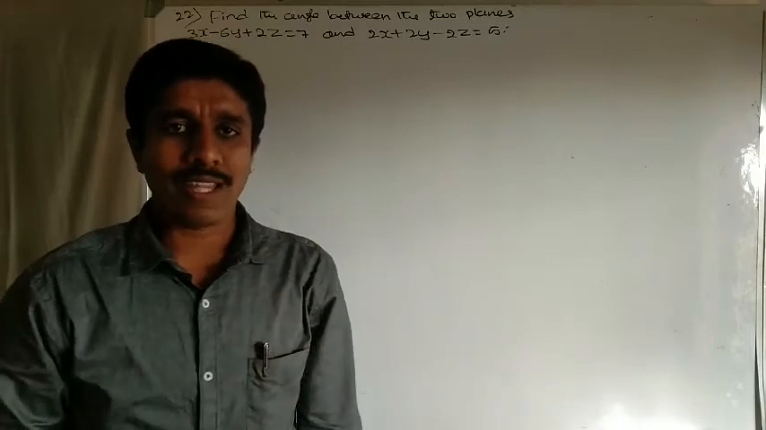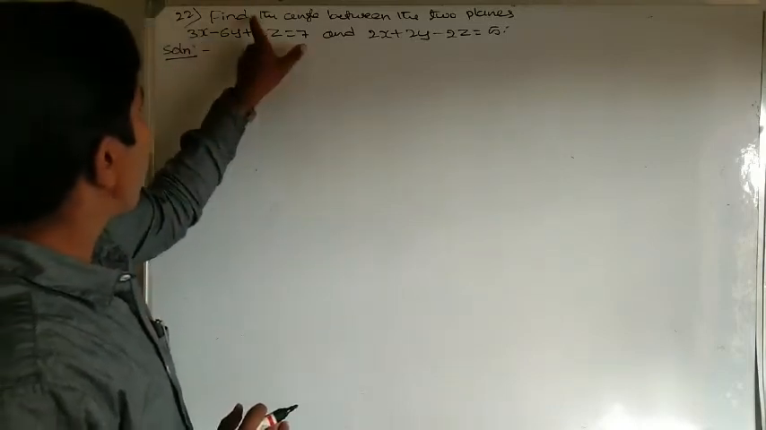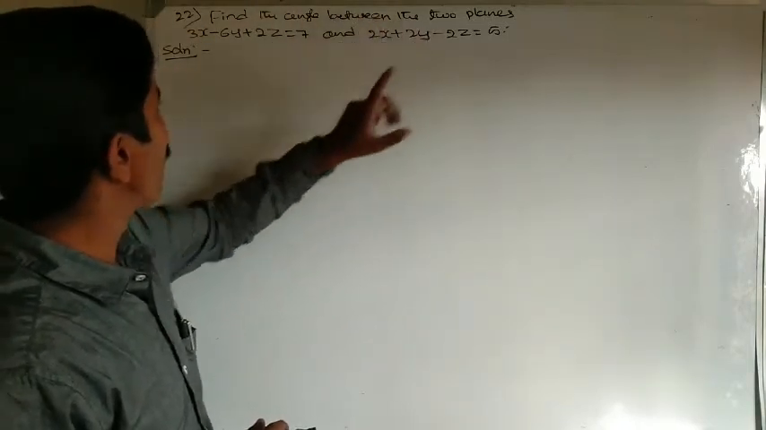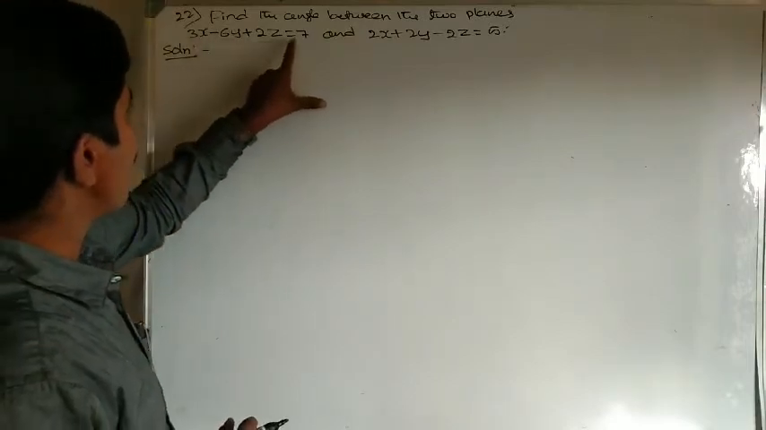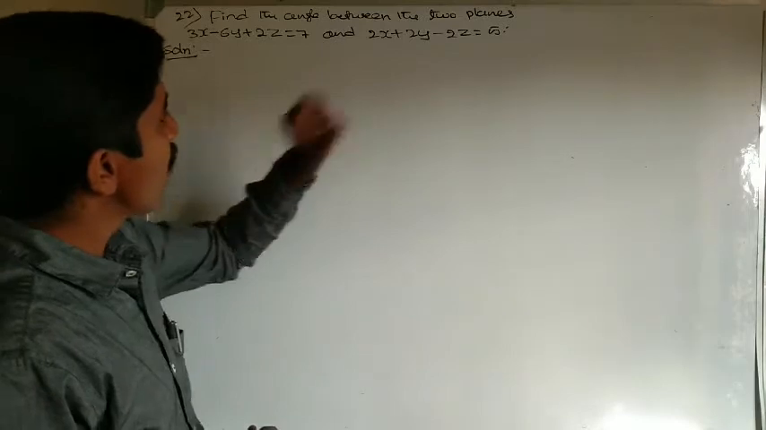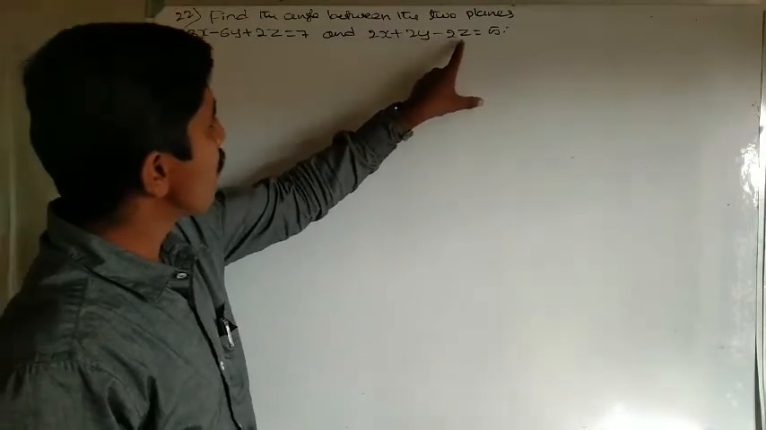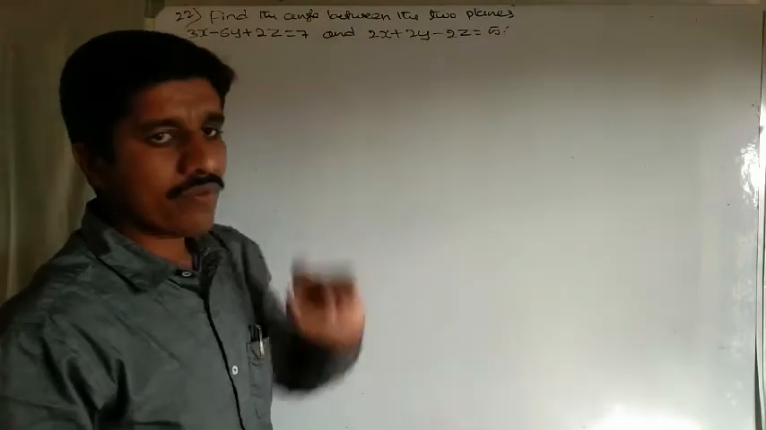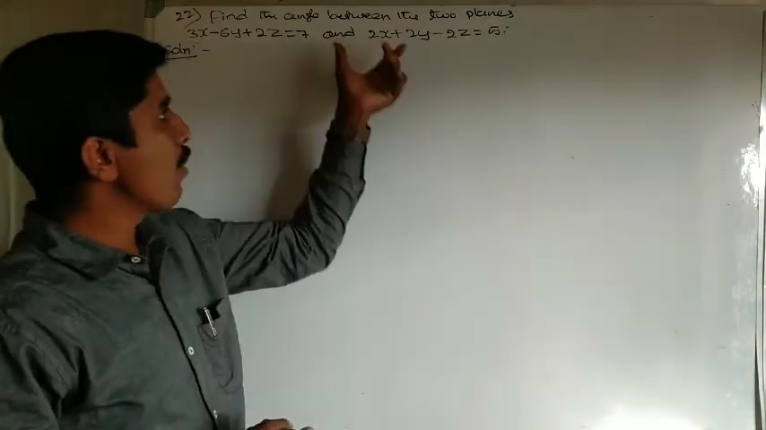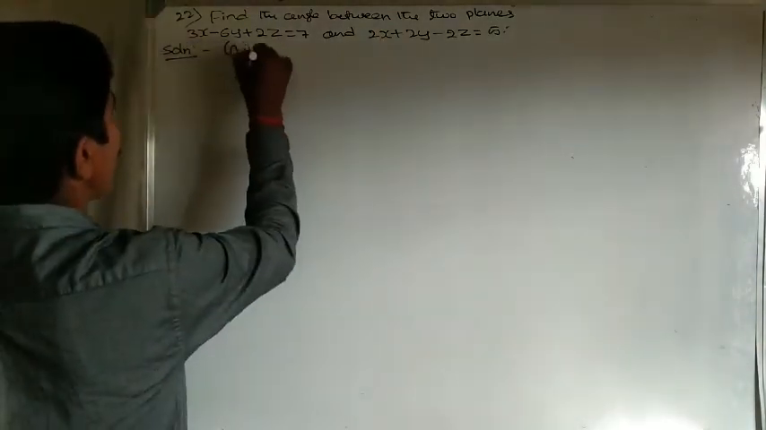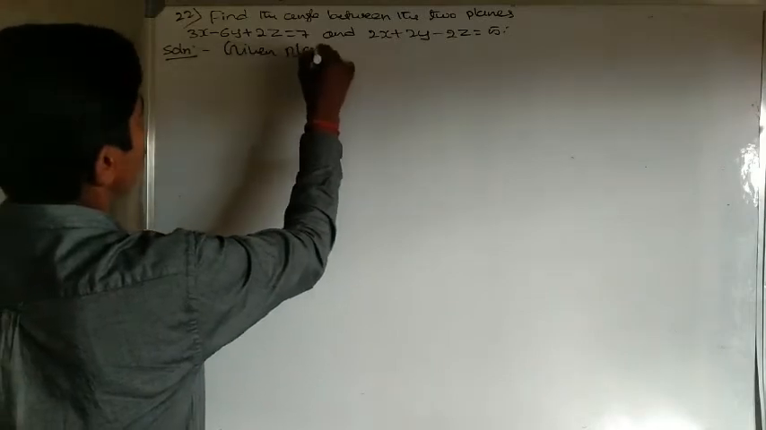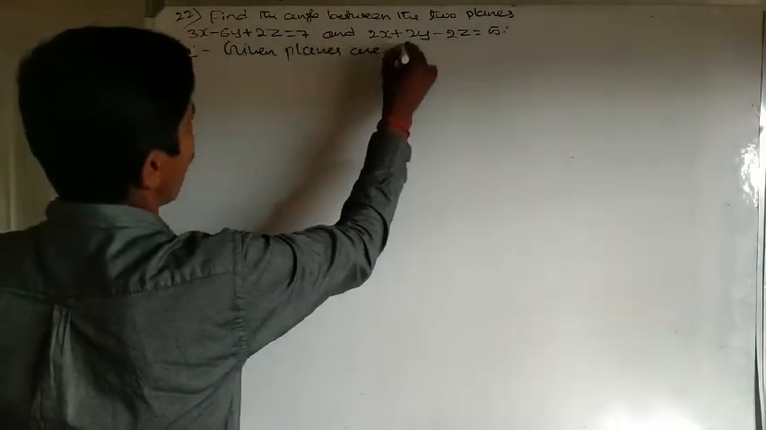Now go to 22nd problem. Find the angle between the two planes 3x minus 6y plus 2z is equal to 7 and 2x plus 2y minus 2z is equal to 5. Clearly, given planes are in Cartesian form. Given planes are of the form